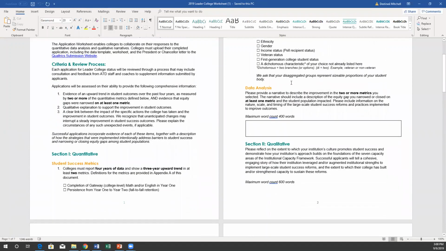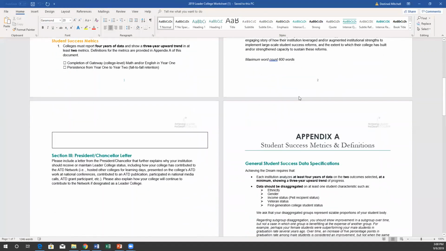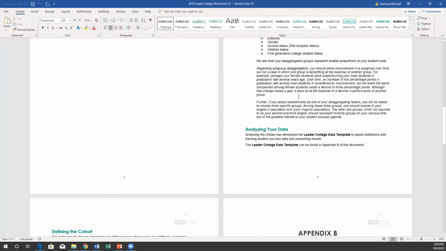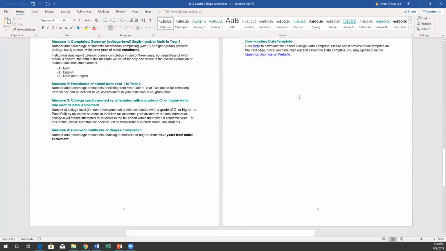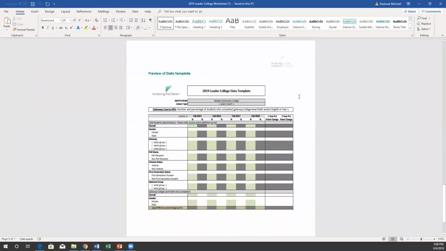The document may be downloaded and shared with your institution's colleagues and stakeholders who are designated to contribute to this year's application. You will submit a compiled response from the feedback you've gathered for each narrative section of the worksheet. Okay?